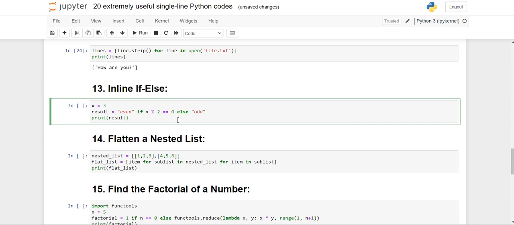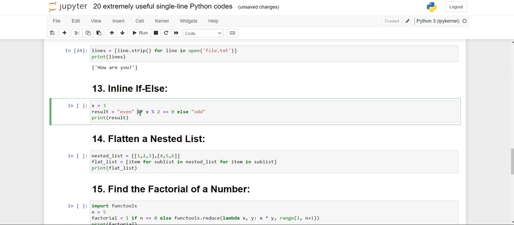Now, inline if else. We have seen the use of if else, else if, but when we have to check for if and else values, then we don't need to go for the proper indentation and 3-4 lines of code. We can just directly do it in just one line. I'll show you how. First, before that, I have taken a variable x, and in that I have taken 3, means I have stored this 3 in this x. Then I have taken a variable result, and then the output